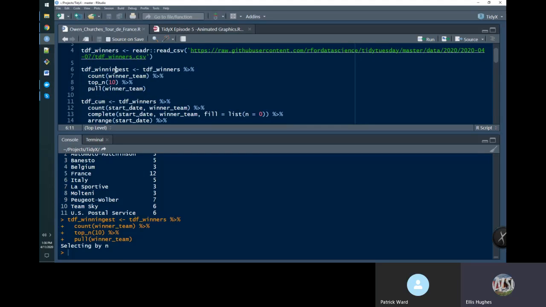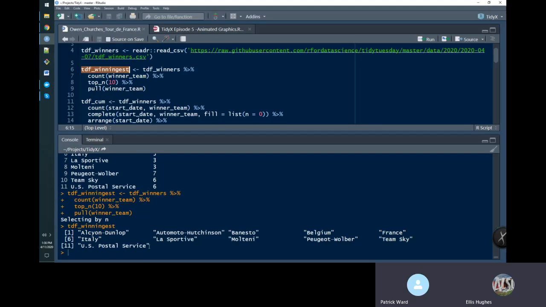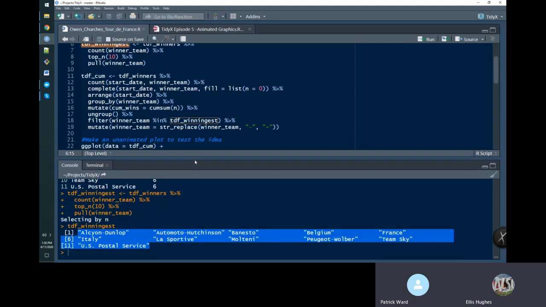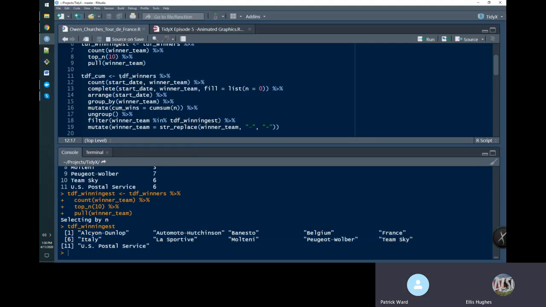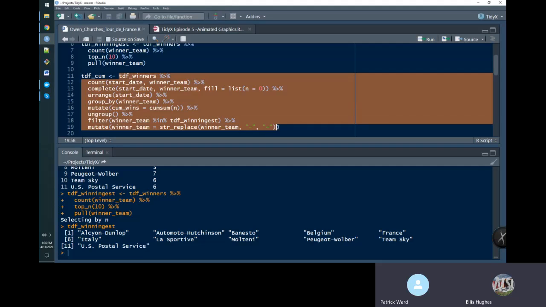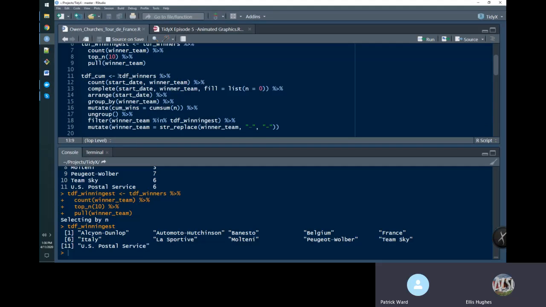So if we run that, rather than having a data frame, we now have a character vector of the top 11, actually in this case, teams that existed in Tour de France. So now he starts doing some processing in order to generate the data set that he's going to be using for plotting. So he goes through, he uses the same original TDF winners